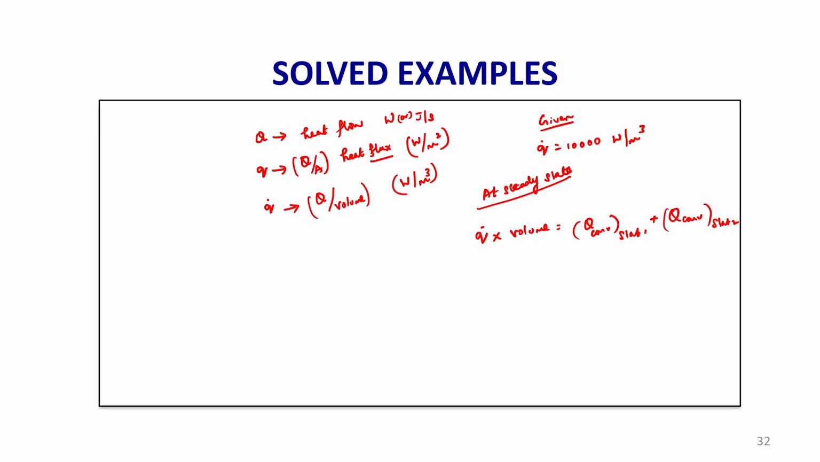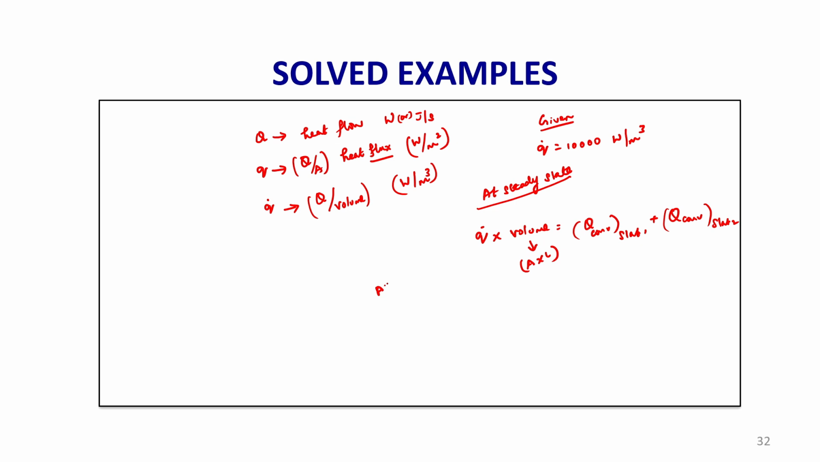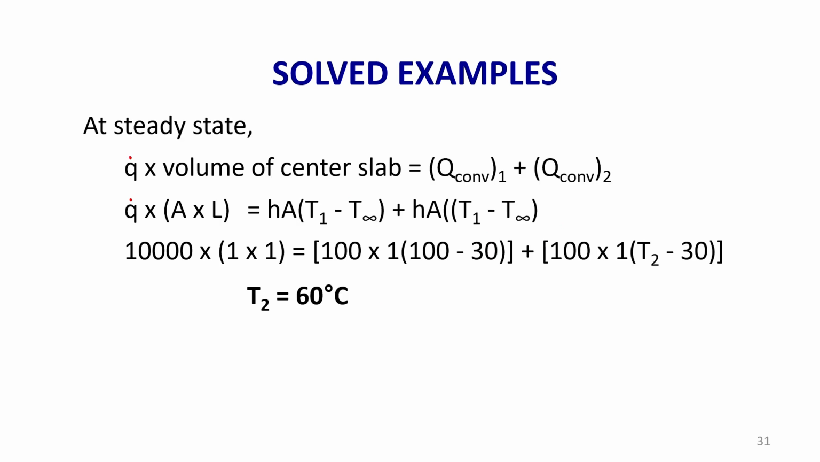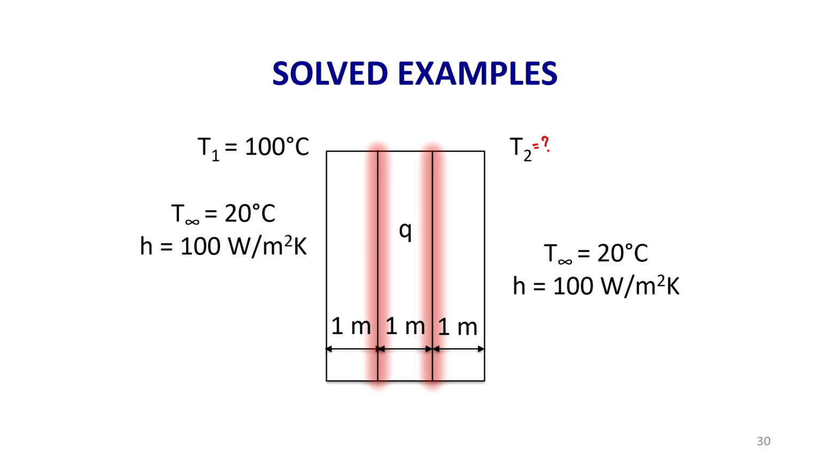This volume is nothing but area into length, area into thickness. If the values are not given, we can take A equal to 1 meter square and L equal to 1, and find out T2. How to write this one? This is based on Newton's law of cooling, H into A into delta T. Delta T is from T1 to T infinity, since we have to find out T2,